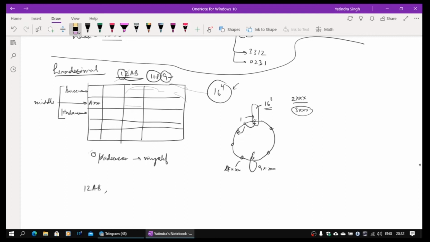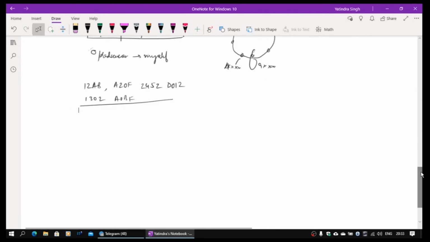So let me take then A20F, maybe 2452, maybe D012, and then I can take some nodes like 1302, A0BF. So let me just take this and see what happens, how I'm going to build it. I have taken something arbitrarily again here just to show it as an example. So I will just keep on creating the routing tables with this.